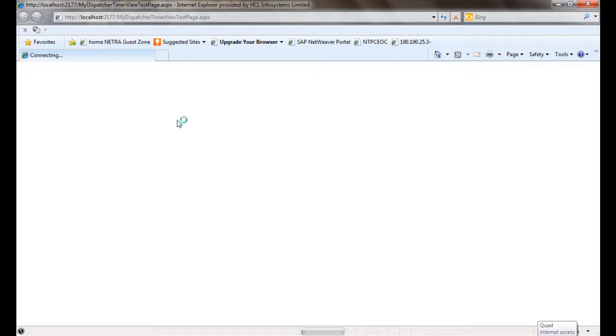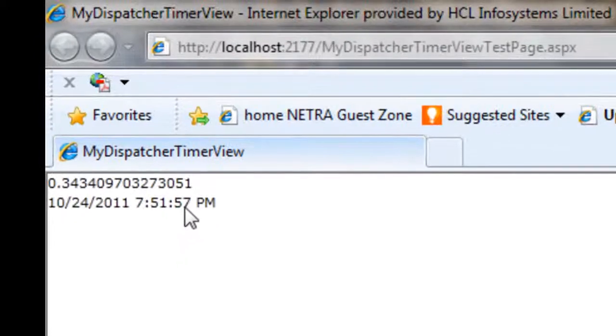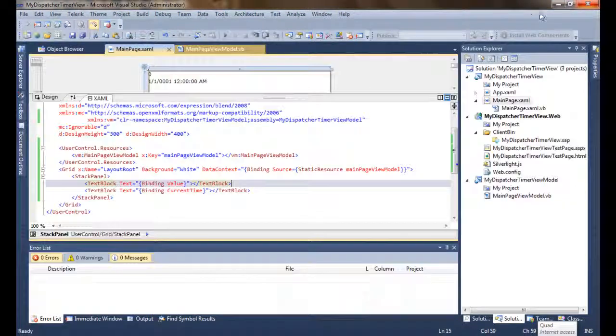Okay, so the benefit of having this method is that you can have multiple timers. Maybe if you have separate different parts in your Silverlight application and you want the refresh rate of different parts to be different, you can achieve that by creating multiple timers. So here you can see that this is getting updated every 1 second while this is getting updated every 2 seconds. So this is the benefit of the DispatcherTimer, and all this we are doing in an MVVM fashion. Thanks a lot.